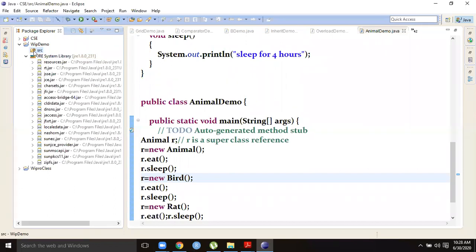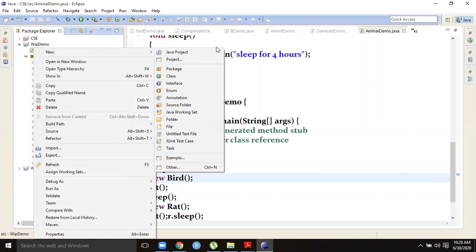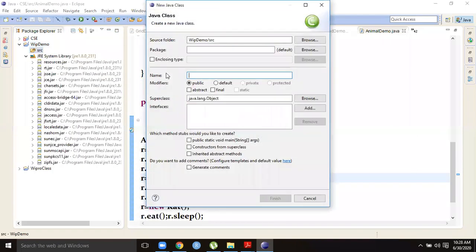If you want to create a program, you have to create new. If you want to create a package, you click this. If you want to create a class, you create this class with some class name, Demo 1, for example.